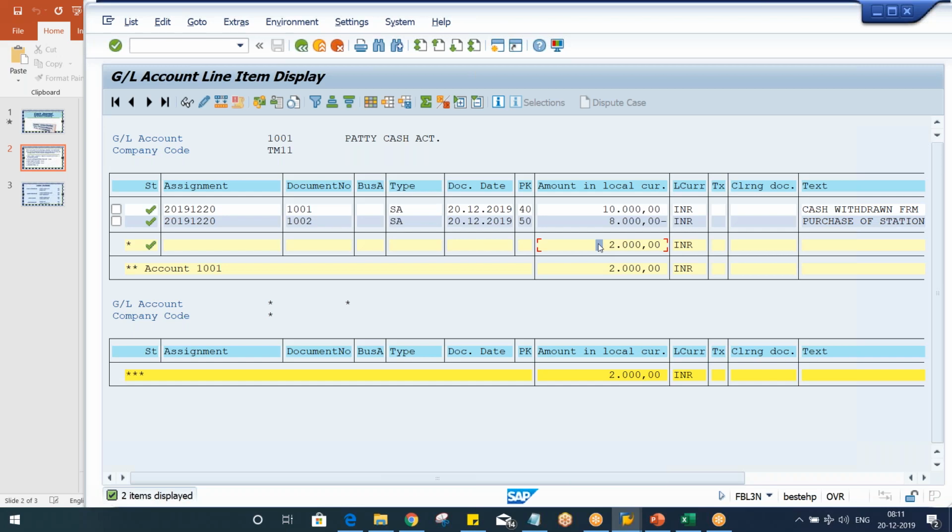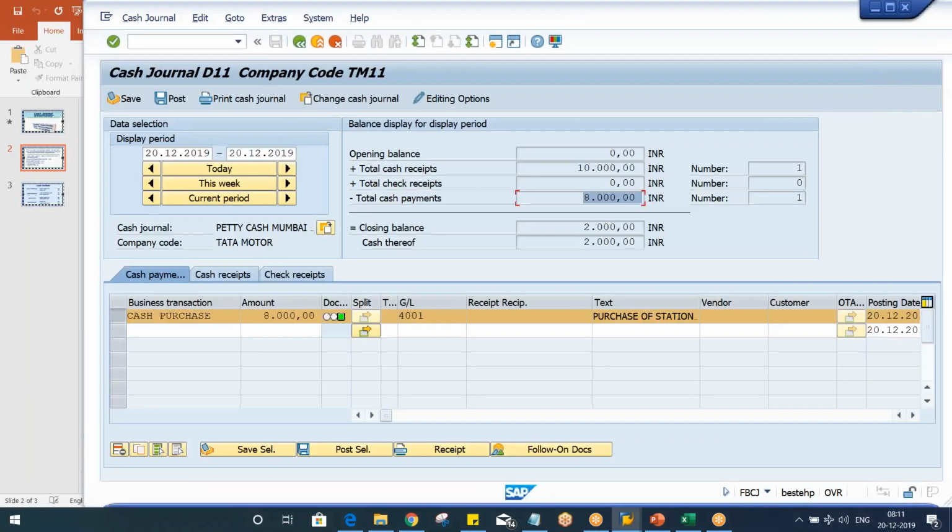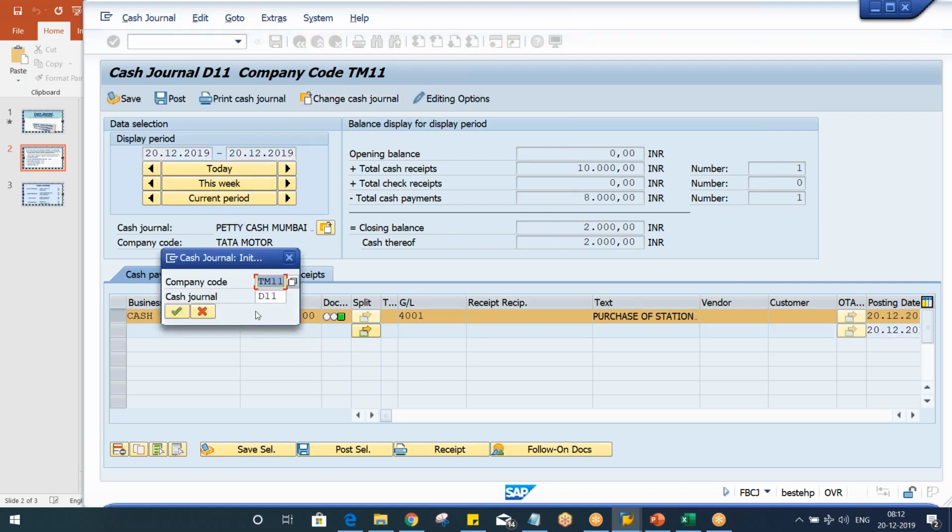Now, okay, I have to explain one more thing. What we have done, we have posted, let's suppose, this one. Likewise, if a transaction is taking place for the Mumbai location, right? This is for Delhi location. Sorry, this is for Mumbai location, petty cash Mumbai account, right? Now for the Delhi location, what have we given, guys, D11 or M11? Let me check as general here. D11 we have given, guys, but the problem is